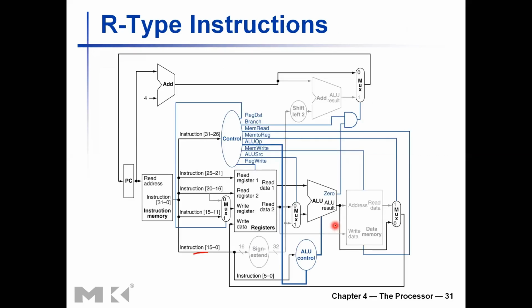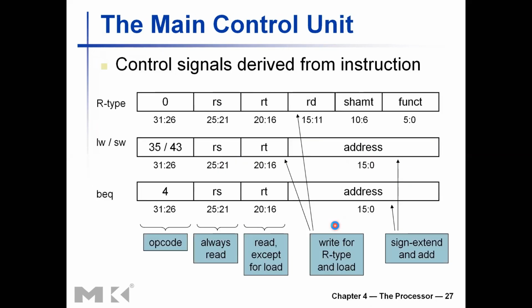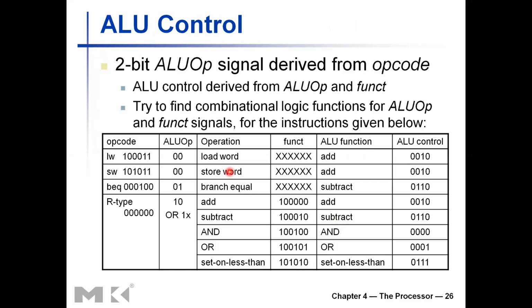If you scroll backward in our ALU control, you can see that for branch if equal instruction, the ALU op signal is set to 0, 1, and we are looking for subtract operation. For load word and store word, we set the ALU op to 0. We are asking for add operation, right? So we want this 0, 1 value